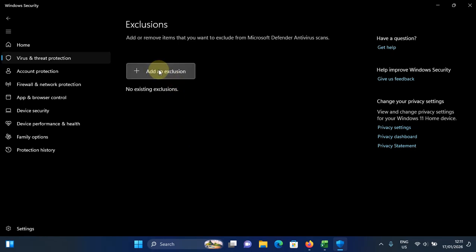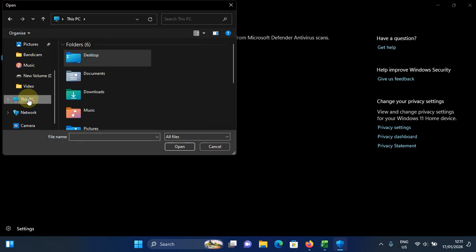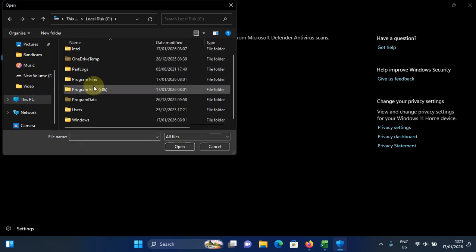So select the exclusion option. Then this application or folder will be excluded from Microsoft Defender antivirus. So you need to select the file and find the path for Outlook. This PC